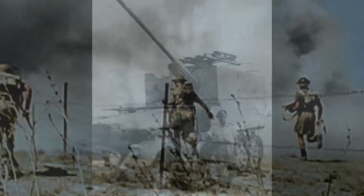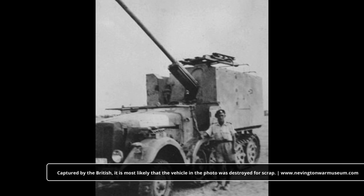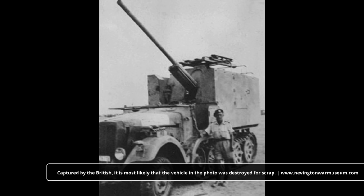Later, at least 2 vehicles took part in the Axis capture of Tobruk. However, during the unsuccessful attempt to break the El Alamein line, another vehicle was lost. By the start of December 1942, the last surviving vehicle met its demise. Out of the 9 originally built, it is known that at least 1 vehicle was captured by the British in